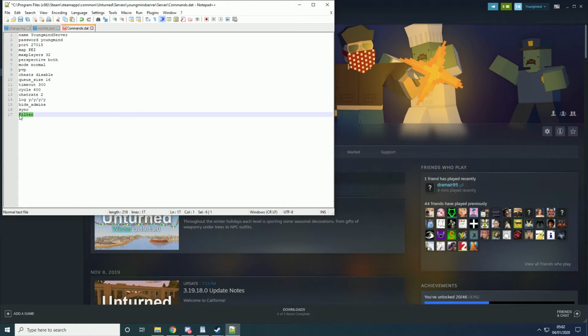It's not a huge problem, so I don't leave it on. And also, since I don't have other servers, I'm not going to have sync on either. Then the next command that we have is